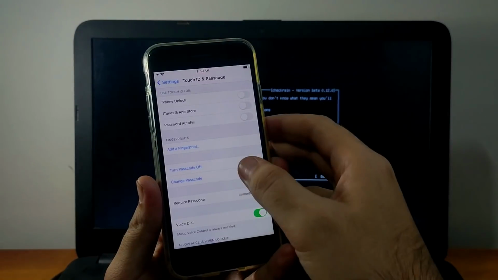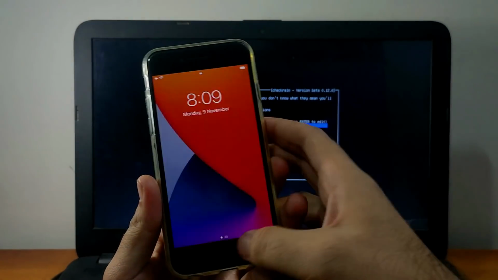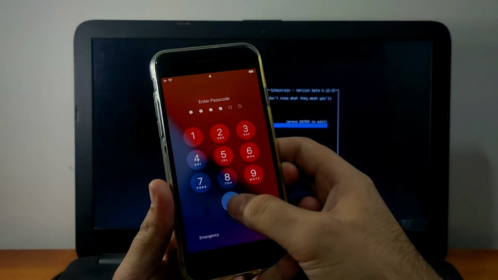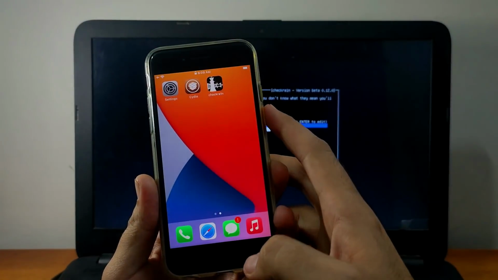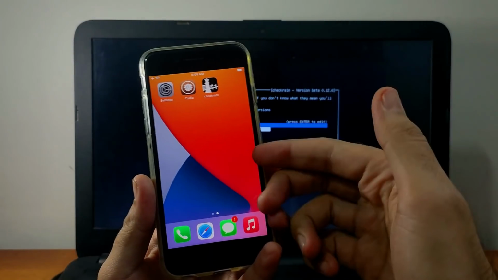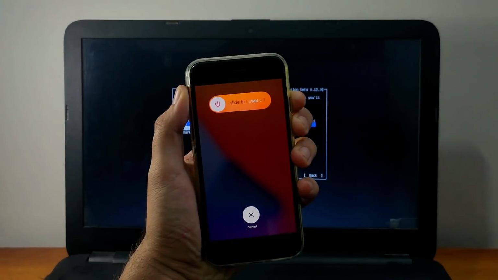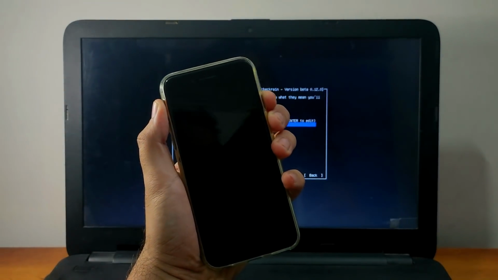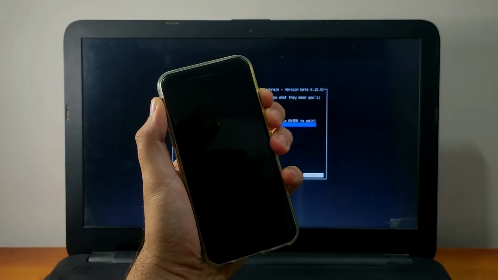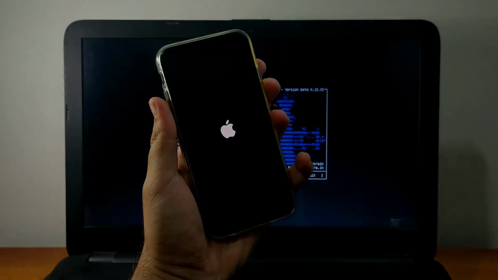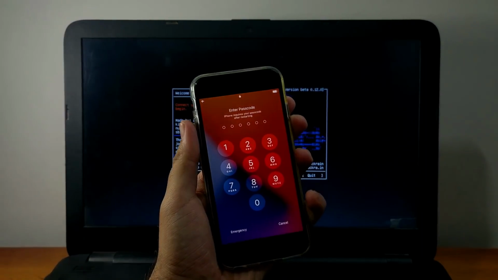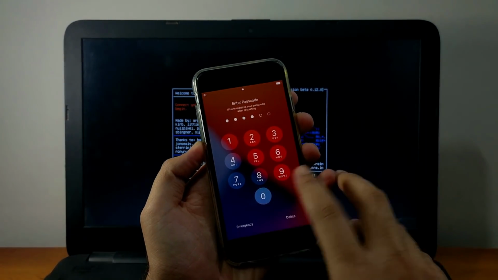Now you can see the passcode is working perfectly after the jailbreak also. There is no issue. Now I will just reboot my device, and after that I will jailbreak the passcode device. Now I have set a passcode on my device.